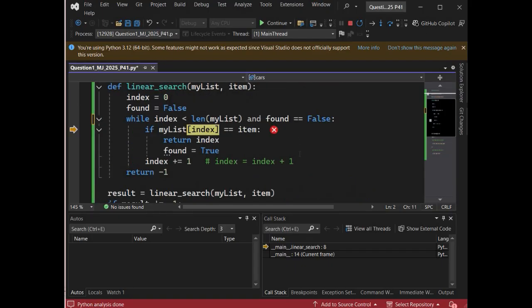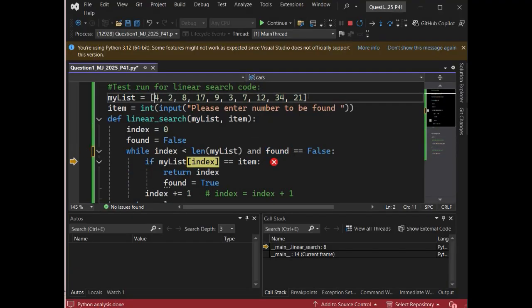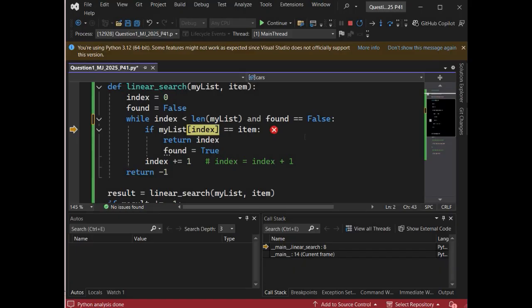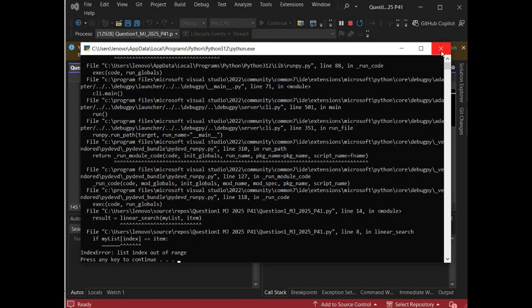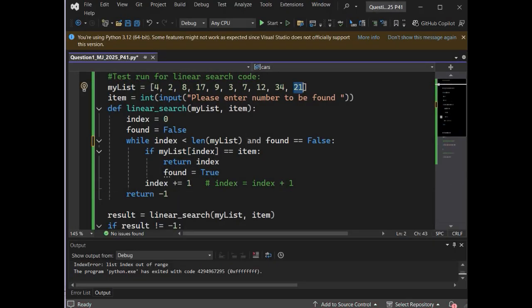So over here the error happened, and what I figured is that since I did not find a matching value in the array, found still remained false. So after this element, my loop tried to compare the next element, but there is no next element, there is no 10th place in the array, so it gave me an error. So what I am going to do is change or to and.